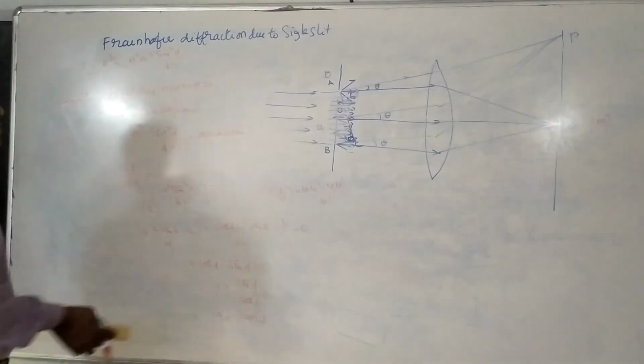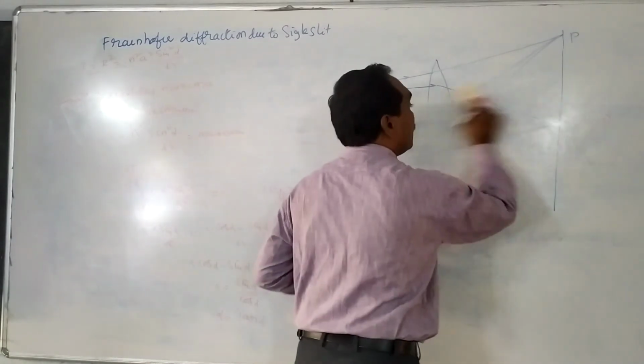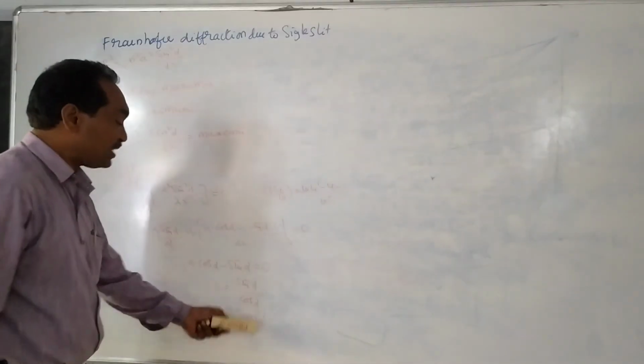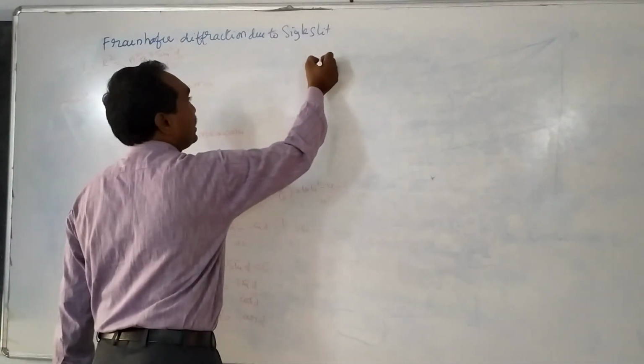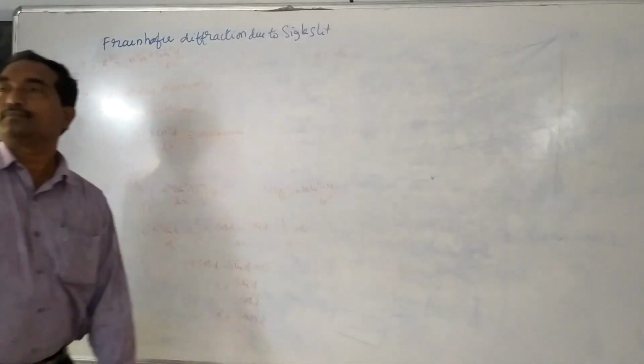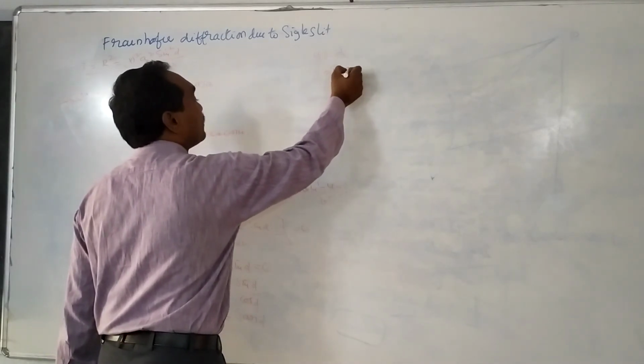For this case, we will draw a graph. How can we draw the graph? The condition is alpha is equal to tan alpha. For this case, we draw the first graph as y is equal to alpha, and the second one is y is equal to tan alpha, another graph.